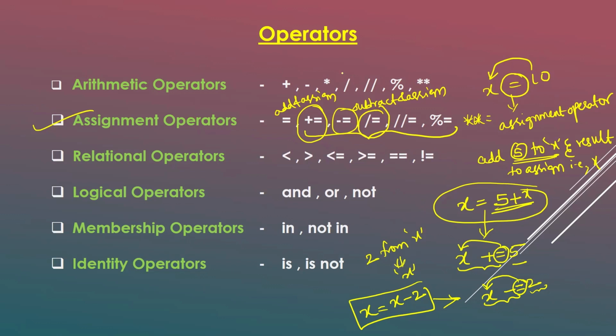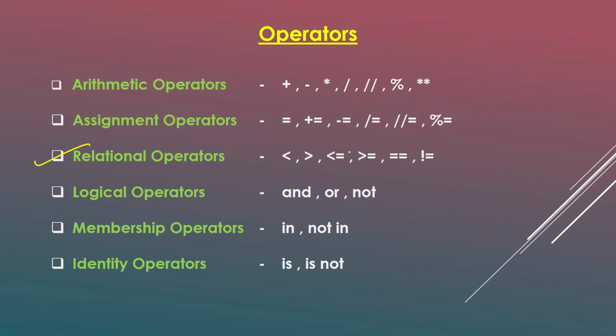What do we call this one? We can say it is a float division, because it is returning a float value. That is the reason I can say this division is float division. And this one, I can say it is a floor division or integer division, because it returns an integer quotient. That is the reason I can call this division floor or integer division. So you can call these assignment operators float division and assign, floor division and assign, modulus and assign. You can also use multiply and assign, power and assign. So these are all about assignment operators.